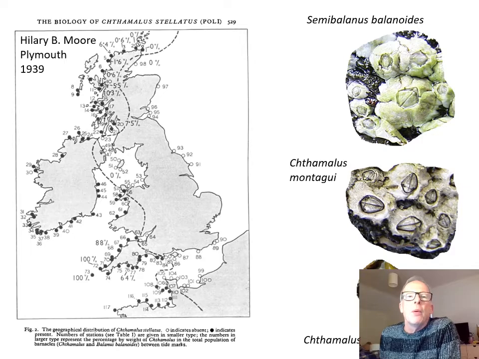So this is a species at the very edge of its distribution range. So if temperatures decline, it's likely that this species will retreat, and if temperatures increase, this warm water Chthamalus species is likely, or the two of them are likely, to advance in their distribution and